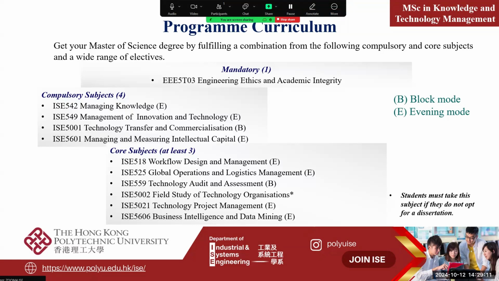They will learn a lot of the know-how about IP, but don't worry, we are not trying to train them as lawyers. The main thing is they need to know the legal boundaries of different IP, how they can use it in business, and how they can generate value from it. And the fourth subject is related to managing and measuring intellectual capital. What do we mean by intellectual capital? You may think about that. A lot of intangible value will be found in other situations.